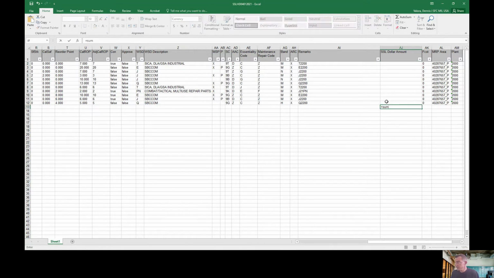Sum. You can do it that way. Highlight, enter. So you put numbers in here, and it's going to change for you. Okay. So once that's done, we're going to click